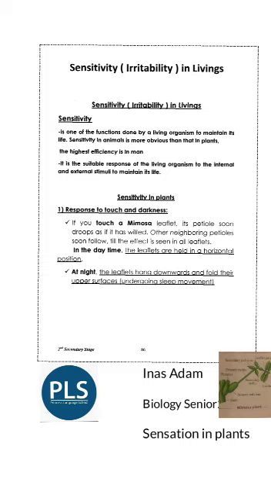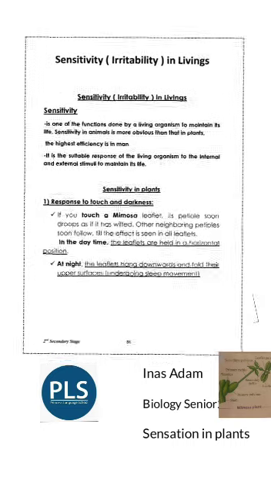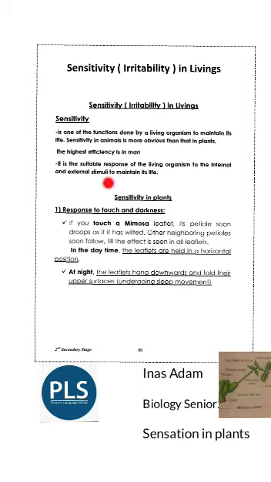In plants, of course, it's less obvious or less clear than in animals, and in animals it's more obvious or more clear than in plants. But sensitivity in humans works with the highest efficiency and highest accuracy too. Now, let's define the meaning of sensitivity. Sensitivity is a suitable response of the living organism to the internal and external factors or stimuli to maintain